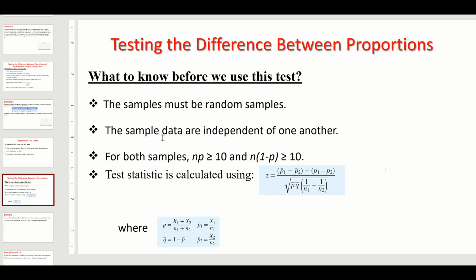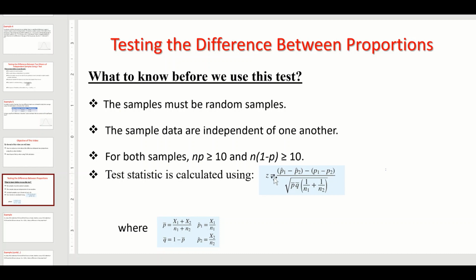Next, the sample data are independent of one another, so there should not be any kind of relationship between sample 1 data and sample 2 data. Next, as we are dealing with proportions, n times p must be greater than or equal to 10, and n times 1 minus p, sometimes referred to as q, is greater than or equal to 10. And while performing the test,